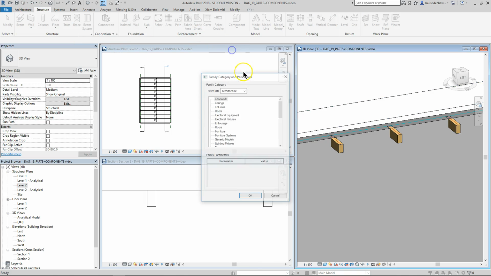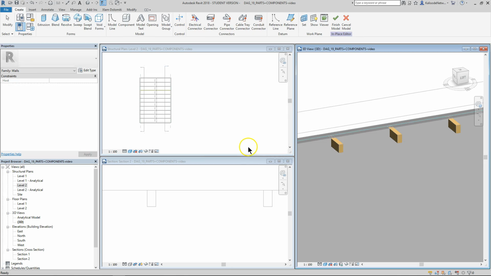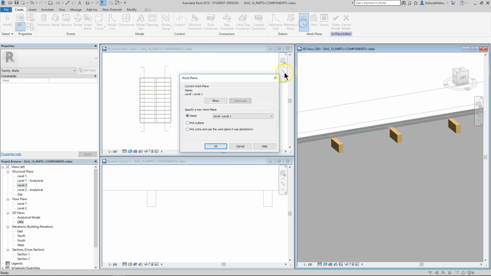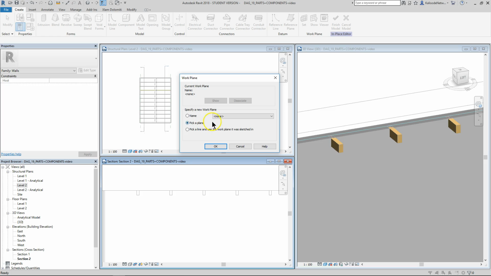So component, model in place, and take walls. So I will use another name then. Now, walls minus pocket 2. Click OK. Same procedure. Set my reference plane as west, so I can draw in two-dimensional plane, and I will then click on my void form, select it,